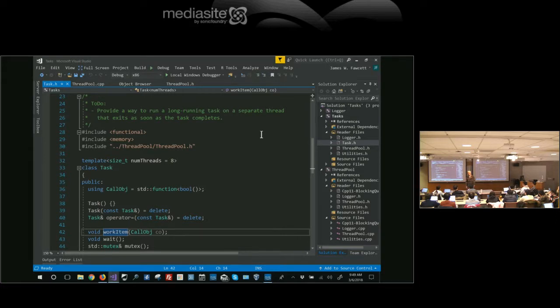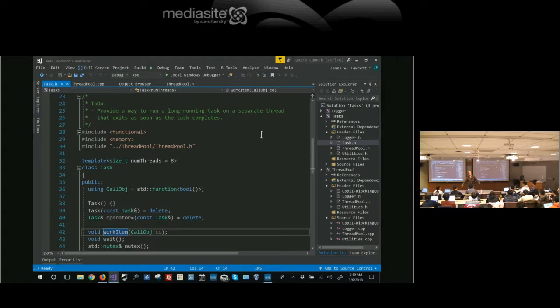Different arguments instantiated means a different class. Different classes mean different statics. Just because they're both named thread pool doesn't mean that they're the same class. Thread pool of 1 is not the same thing as thread pool of 0. I'm sorry, task of 1 is not the same thing as task of 0. They're different classes, so they have different statics. So I can categorize the statics.